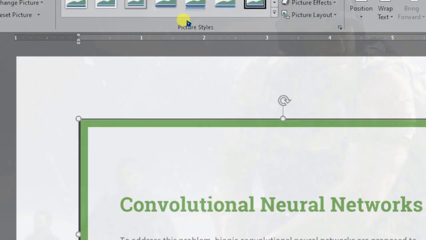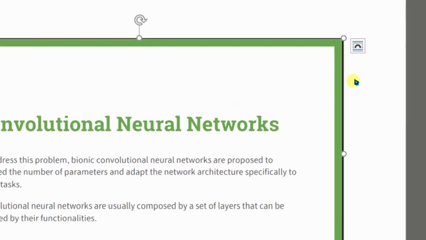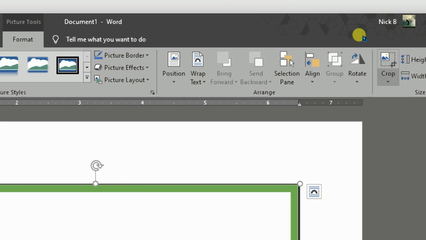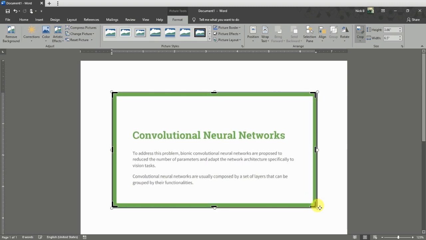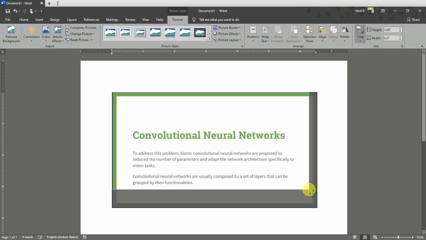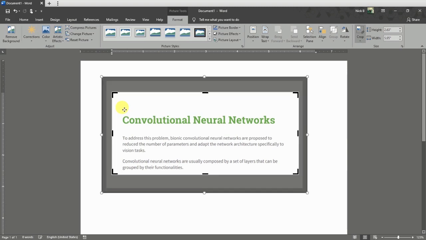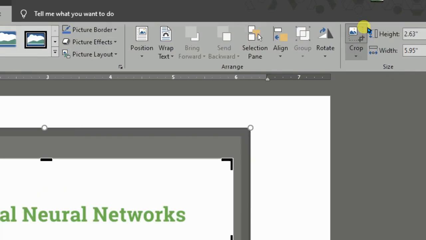From here select the crop option and then select the text area of the image, and only select the text area, guys. Don't select the graphical area or the images. Just select only the text area, and then click on crop.